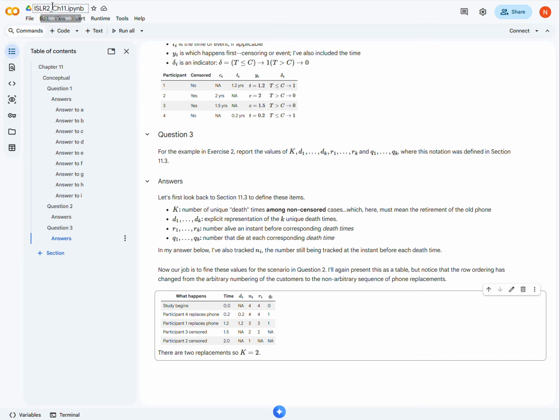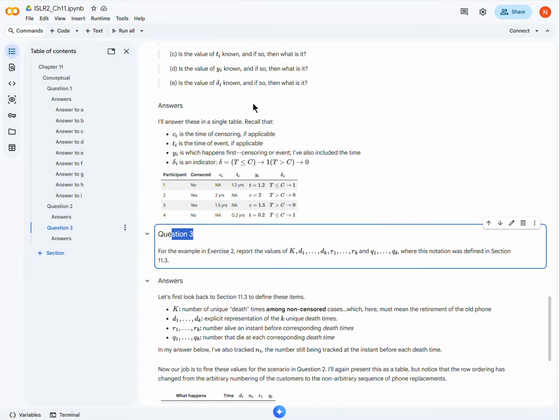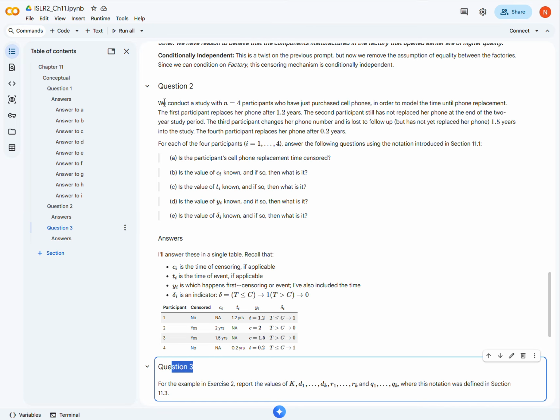We are in Introduction to Statistical Learning, Chapter 11, dealing with survival analysis. We are in the conceptual questions, and we're in question number 3. And question 3 piggybacks off of question number 2. So what we're going to do here is look at the scenario presented in question 2, which